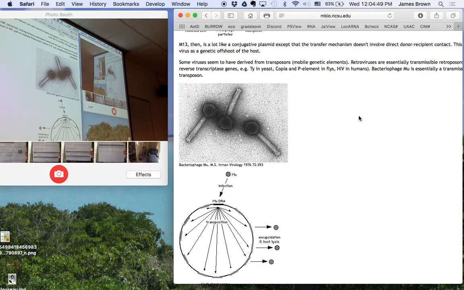Yeah? They come in homologous genes to the capsid genes in the host genome. Did they acquire them from the host genome? That's a good question that I don't know the answer to. That would depend probably on the class of the virus. Mu's a little unusual that way. Mu's very complicated. It looks like a real virus.